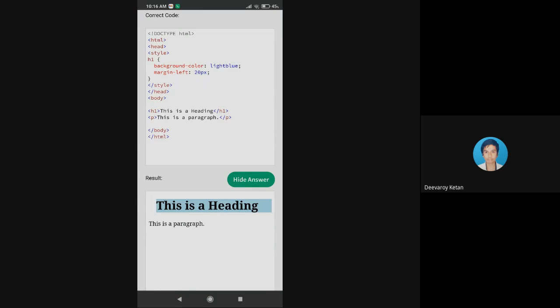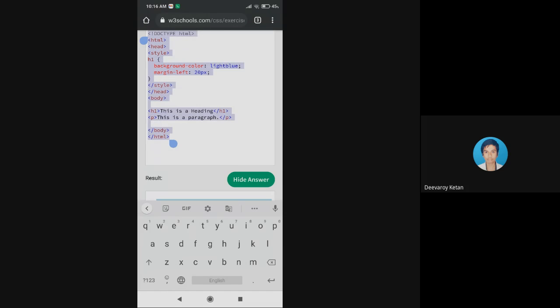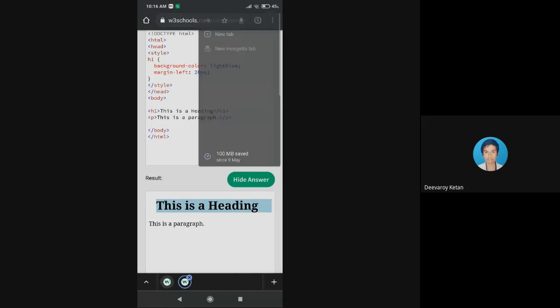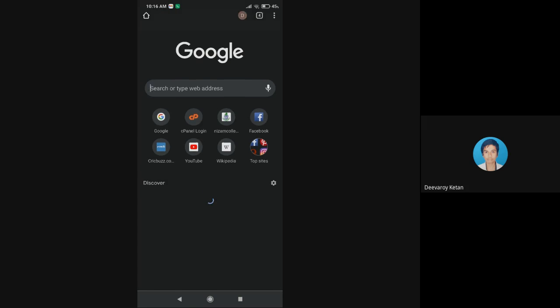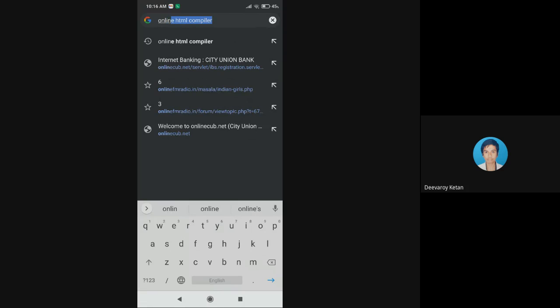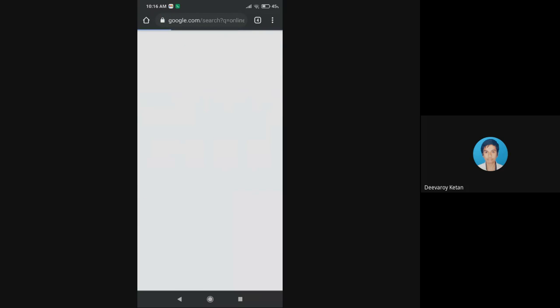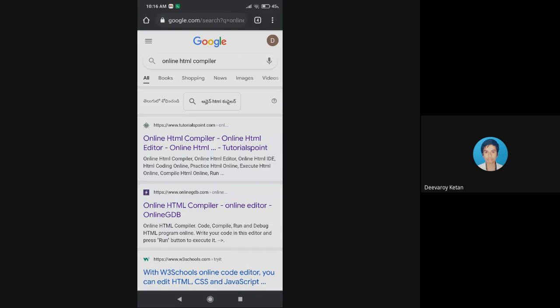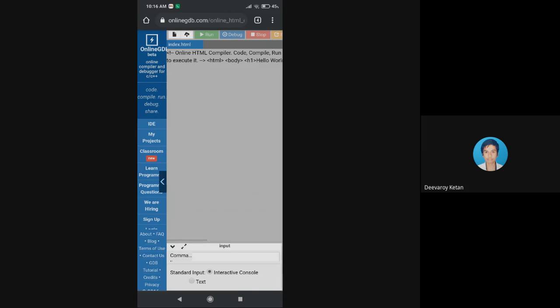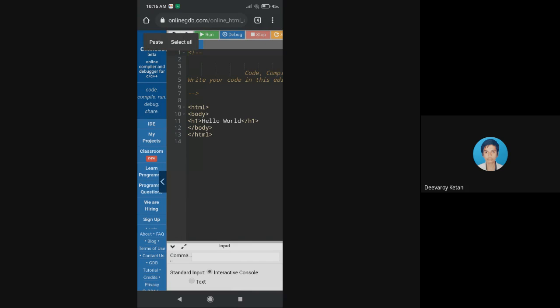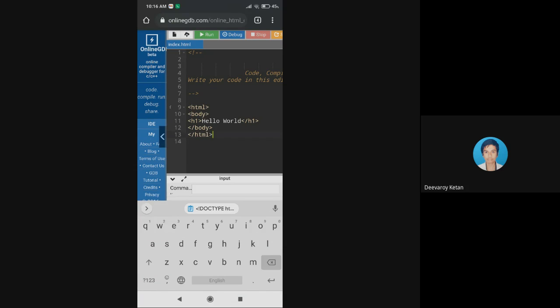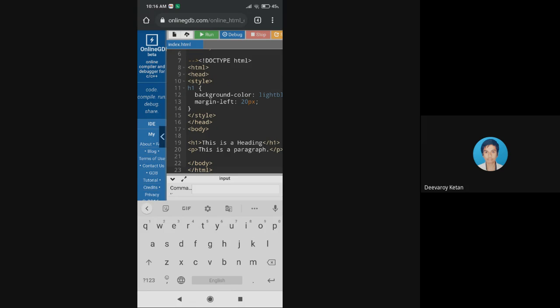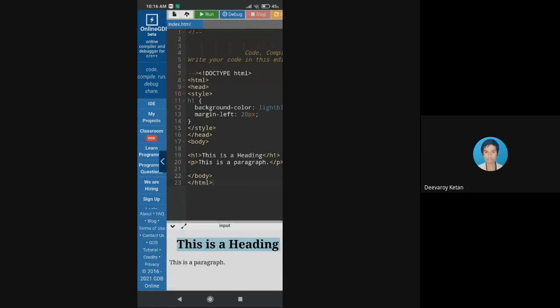If you want, you can see the output of this elsewhere also. Simply I'll copy this and we try to execute this in a different place. So I'll say online HTML compiler. You can take any one of the compilers and we'll run this, and you can see it got the left side.